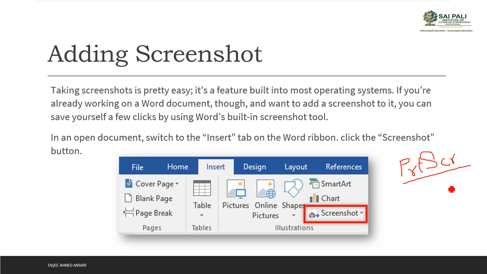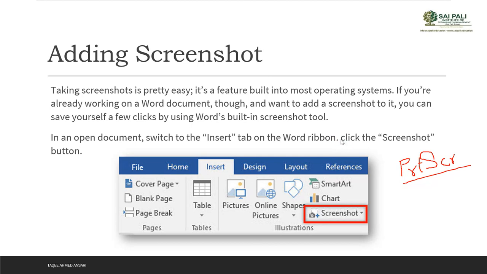That is the key to take the screenshot of your screen. It will take the screenshot of the whole screen, including the taskbar also. So when you press that key, it will take the screenshot of the whole screen, and then you can paste that screen in your Word document.